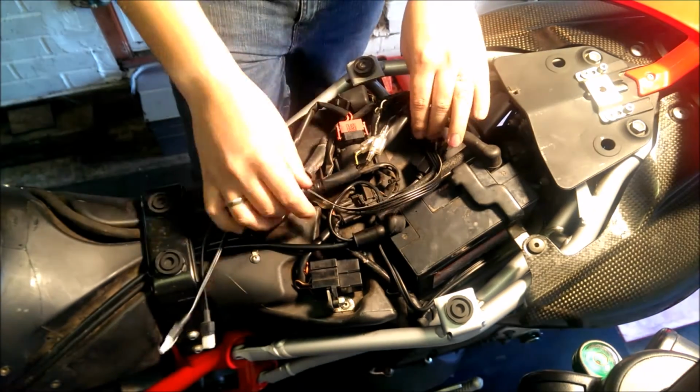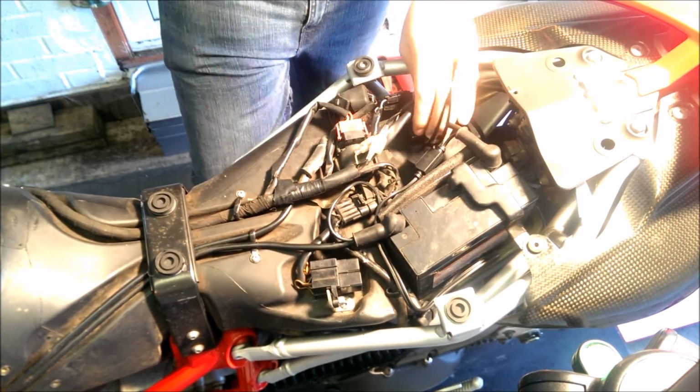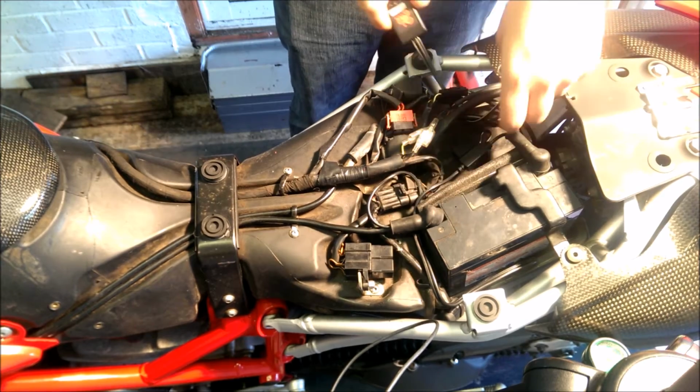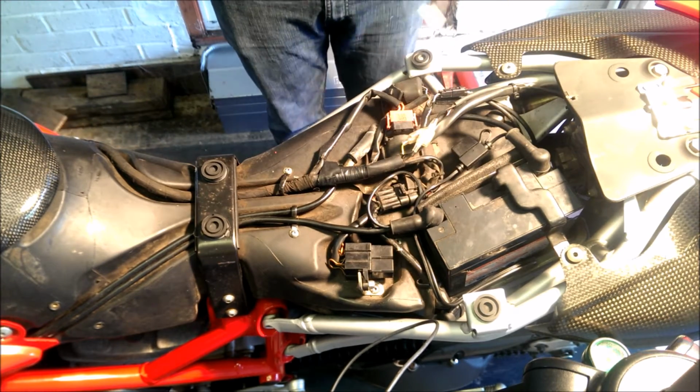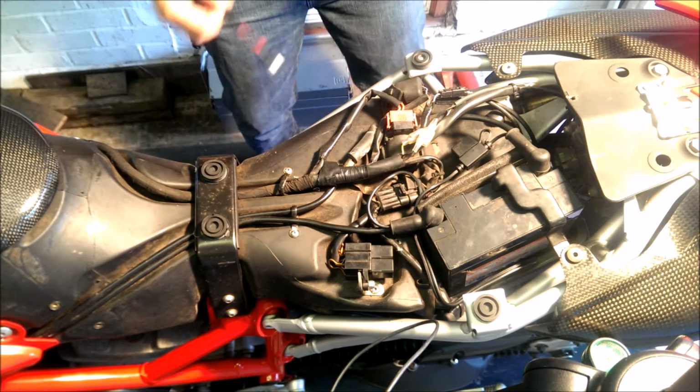Find out where your cable is going to go after. So they're going to run down there. Again, don't really worry about the wires, but just know where they're going to go. So after we found the position, if we take that off, take that out of the way, put that down. The next bit to do